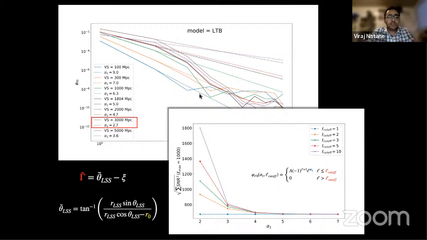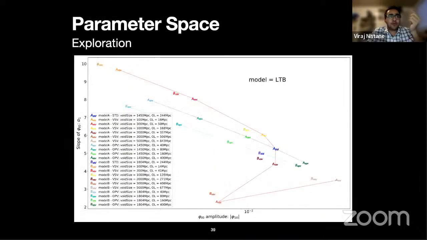And so the quadrupole just keeps increasing with void size, but the dipole has a strange trend due to variation of R0. And all this information is for an L cutoff of 2. So we have only considered the first two multipoles of the lensing potential. All this information is summed up in this plot, where we see the effects of changing the void parameters, R0